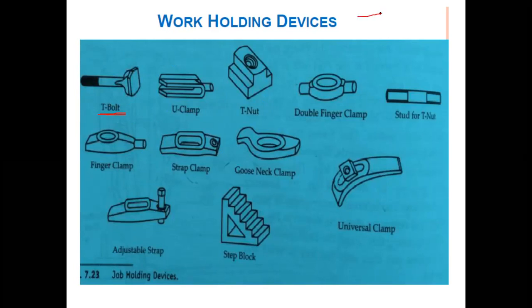On the table, you've seen this kind of arrangement. This kind of T slots are there, right? If I want to draw it here, typical slots like this are available in the work table. For example, say there are two slots. This is nothing but a T slot. You can insert the bolt here, a typical T slot, and above it you have some kind of threading.